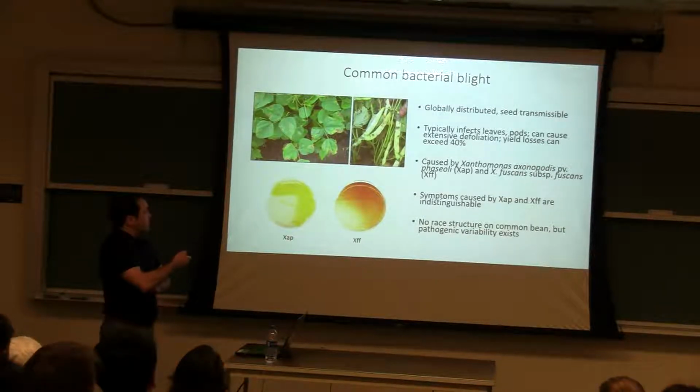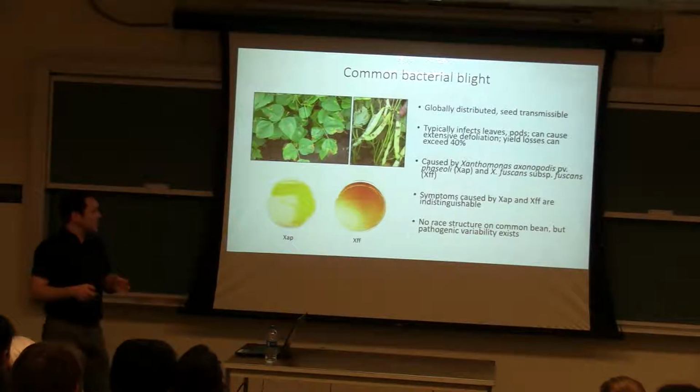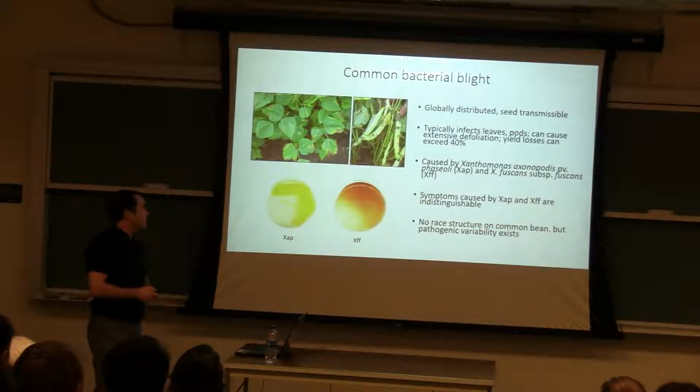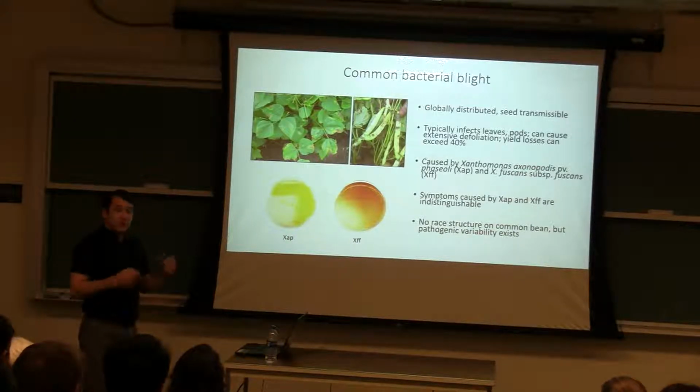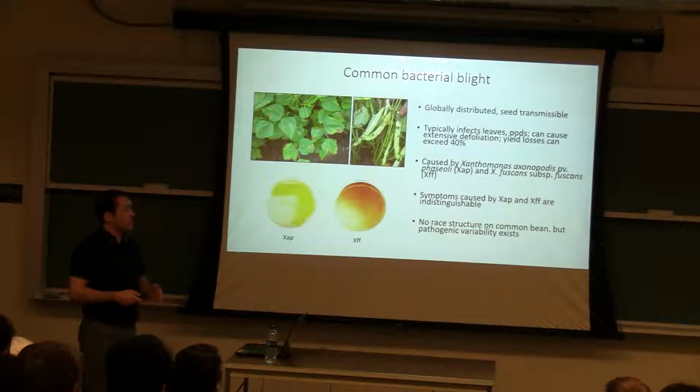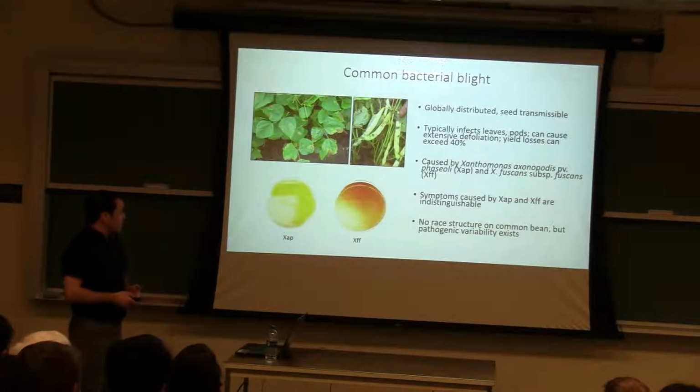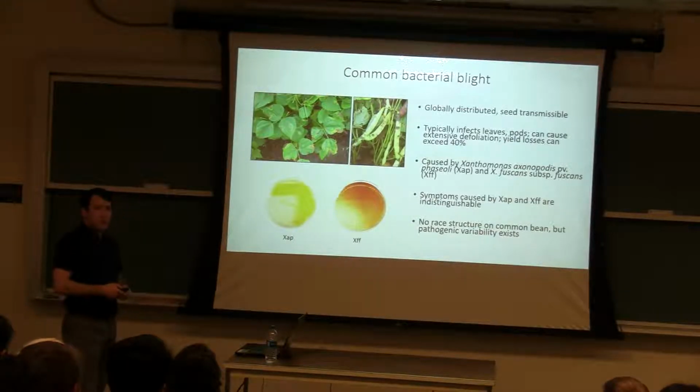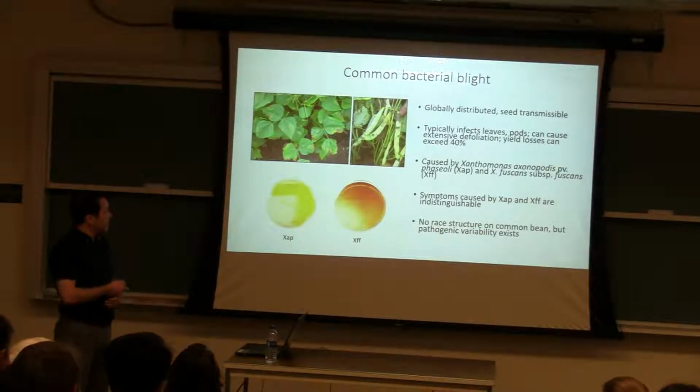It also makes these lesions on pods, so water-soaked spots. They can get kind of sunken or red, and they can leak bacteria when conditions are good. This can cause extensive defoliation under permissive conditions, and yield losses can exceed 40%. So it's probably the most severe bacterial disease of bean out there. It's caused by two different Xanthomonas species. As I mentioned, Xanthomonas